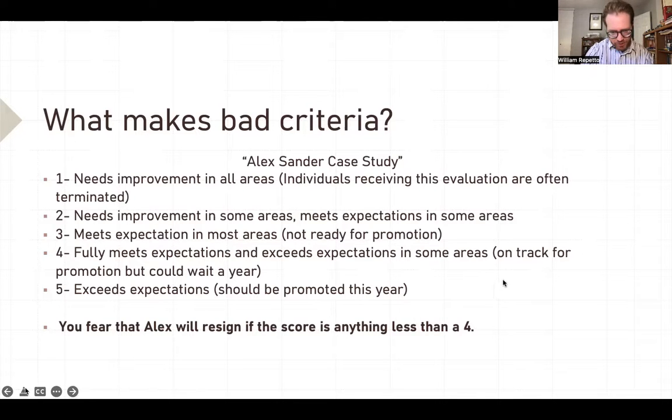And then you'll also notice there's a lot of vague language throughout. So some areas goes back and forth between some and most: some areas here in 4, some areas here in 2, most here in 3. And you can question why that goes back and forth, and is the evaluator given really specific ways to evaluate here? And the answer is no. And so you get a lot of vague language, you get a lot of problematic stuff. And then lastly, you're given this piece of information, right? And this really biases you. And so that's an example of bad criteria.